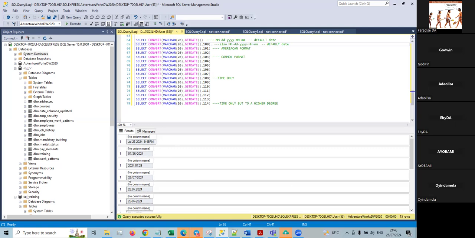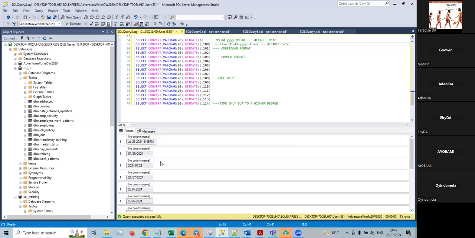This is how we normally write the date, isn't it? This one is how we normally write it. 26th July 2024. This is also 26, but you see this one is with the dot. This one with the hyphen. So basically these ones are all 103, 104, 105,